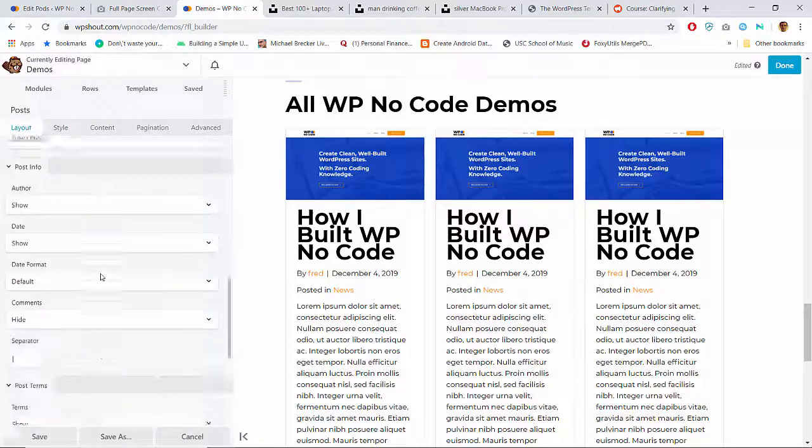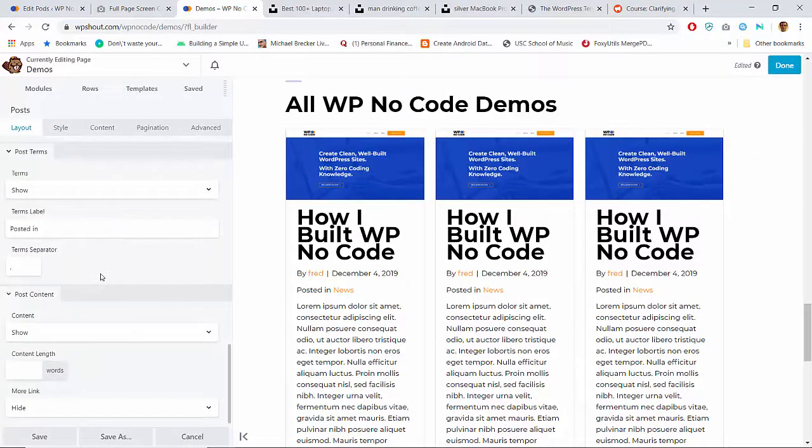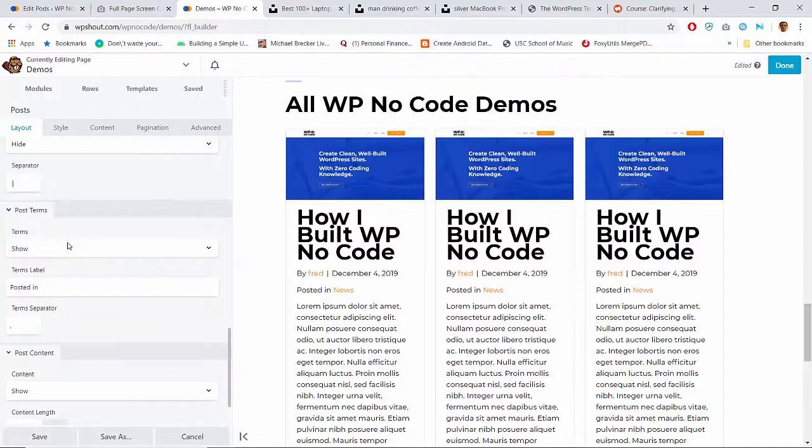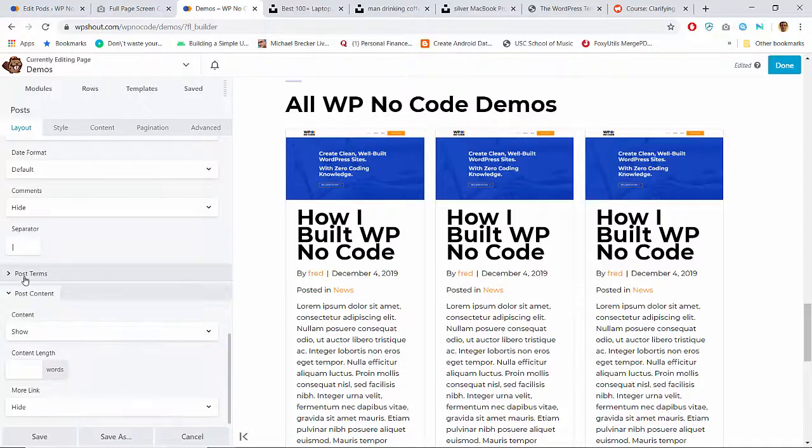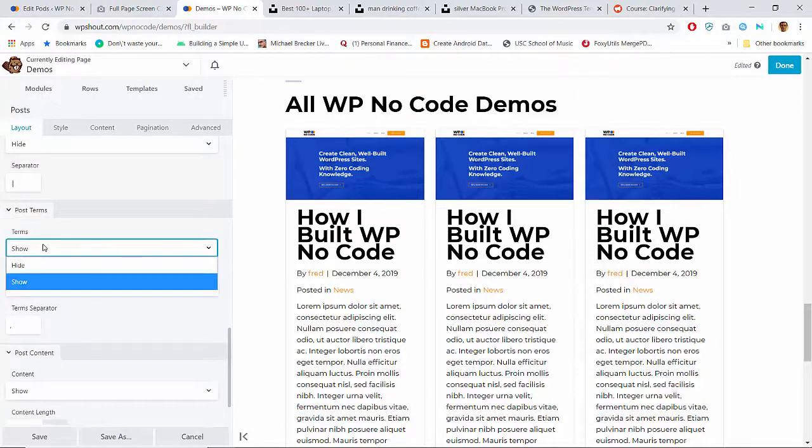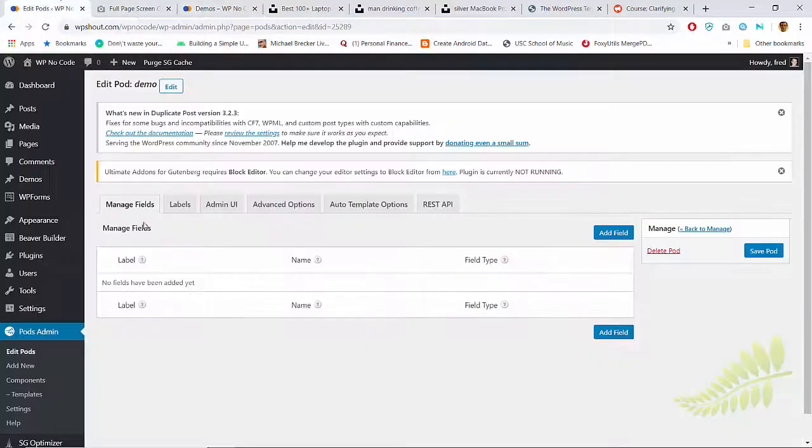Yeah, so I think what I'm going to do is go ahead and, it says post terms. That's so vague. Do they only mean post category, I think? Let me just test that. So I am going to create